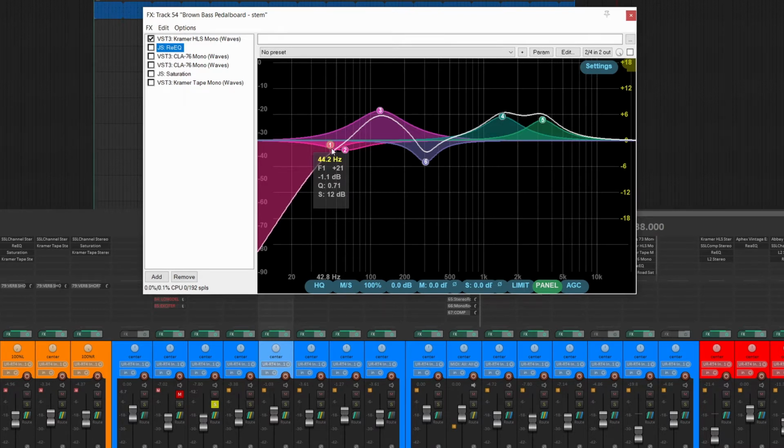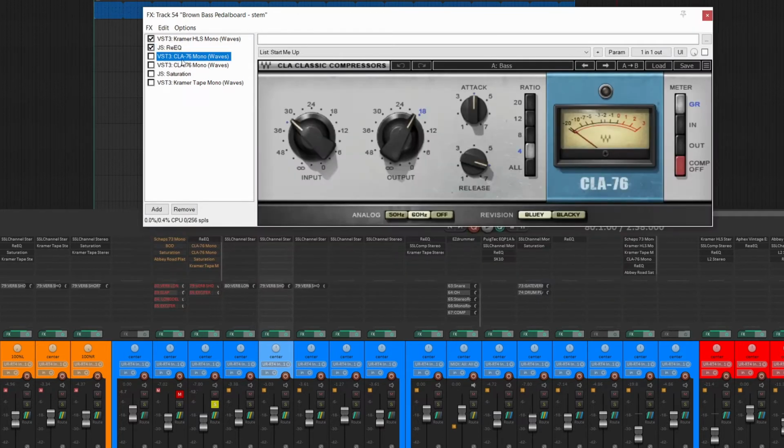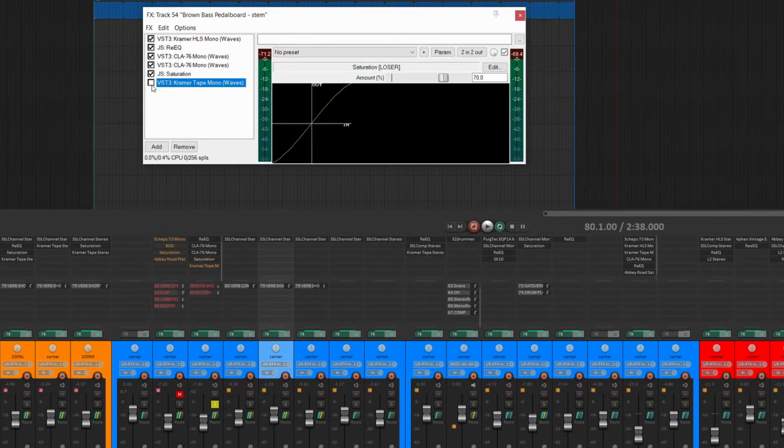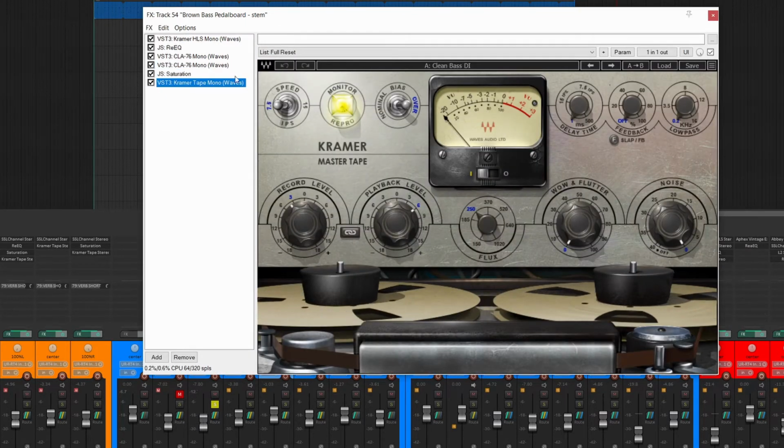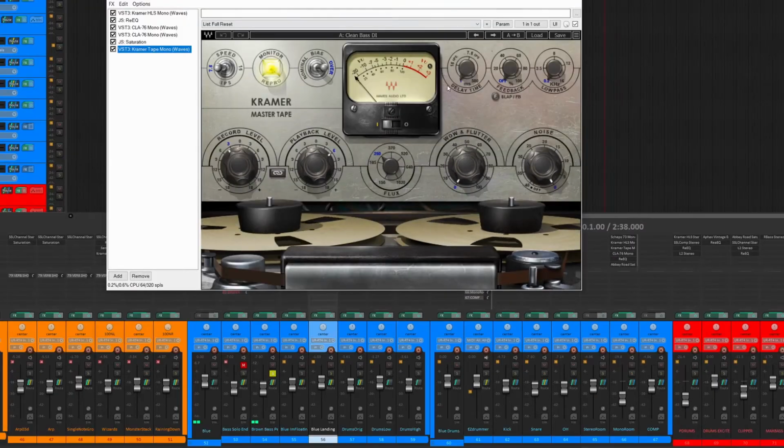So a high pass filter at 44 Hertz, a low dip at 60 Hertz to get away from the drums, a bump at 121 to boost the bassiness, a dip at 307 to get rid of that boxy sound, and then boosts at 1.4K and 3.3K. This is a little bit different than everything else because the bass is a little bit different. Then two compressors stacked, both 1176s, both doing about 3 dB of gain reduction, JS saturation, Kramer tape. So after all the effects are on it, here's what it sounds like.